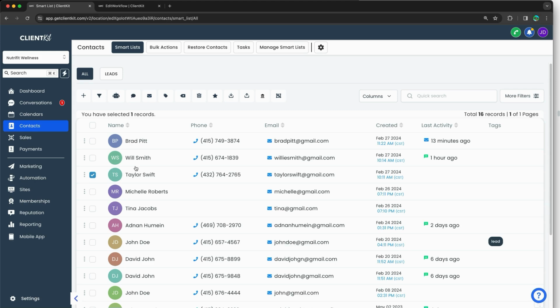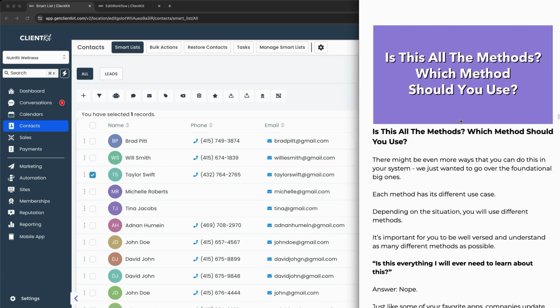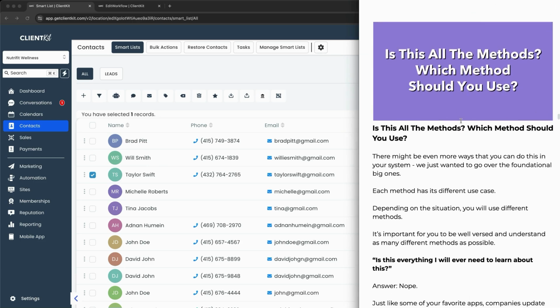Because in the actual trainings, it's hard for me to show you A to Z everything. We're doing our best, but it's very difficult because we don't actually have real life data here. But that's the reason why you can test this for yourself. Okay, so ladies and gentlemen, is this all the methods of how you can actually go ahead and put people